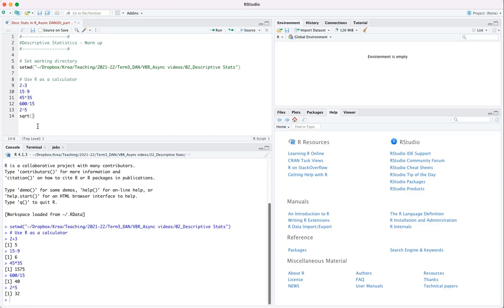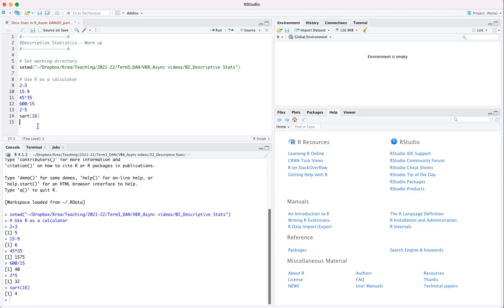So if I want to compute the square root of 16, I will put the number within the brackets. And now I do command enter, it will give me the answer 4. Now what happens if I don't close the bracket? So if I just do square root of 16, and if I ignore that closed bracket, and if I press enter,